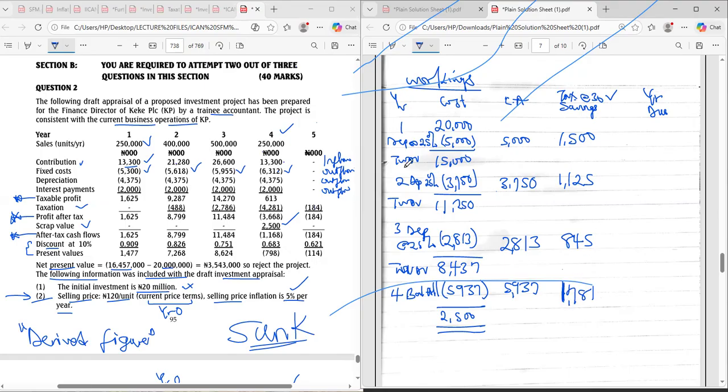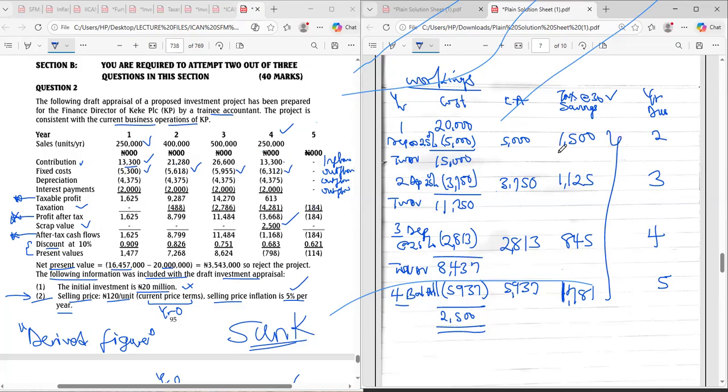When is it going to be due? They said the tax is going to be paid 1 year in arrears. So year 1 will be paid the what? Year 2 we pay the what? Year 3 we pay the what? Year 4 we pay the what? Year 5. So this is tax savings, meaning that we are saving tax. We are not incurring it. Money is coming in.